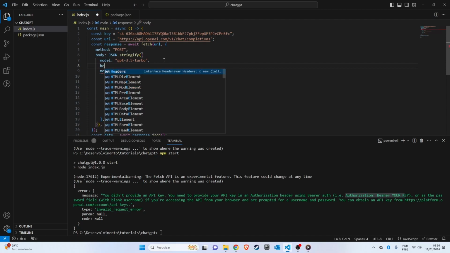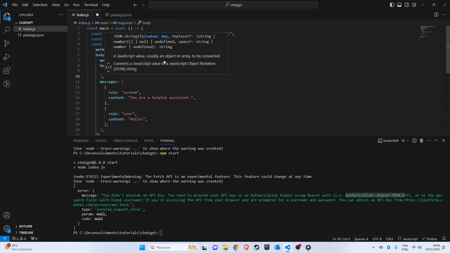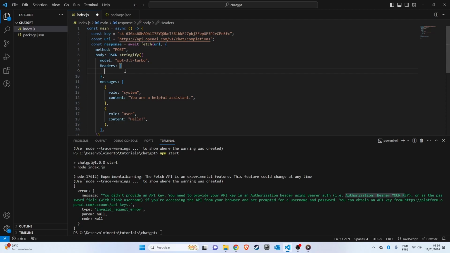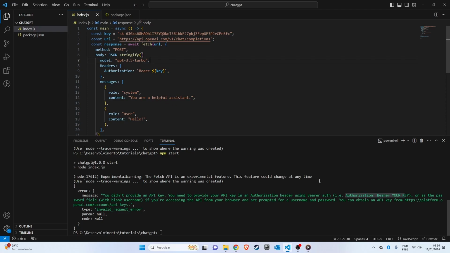We want to pass authorization. Actually, let's make it that way: Bearer and the key. Okay, let's save it, and now it will probably